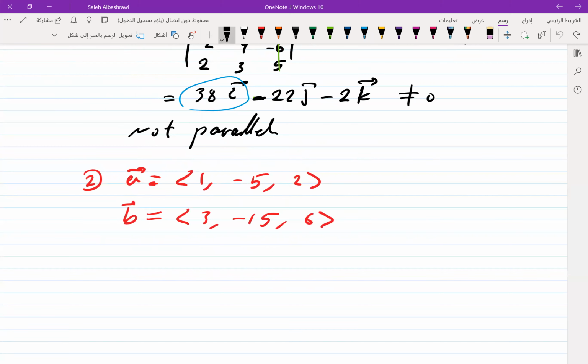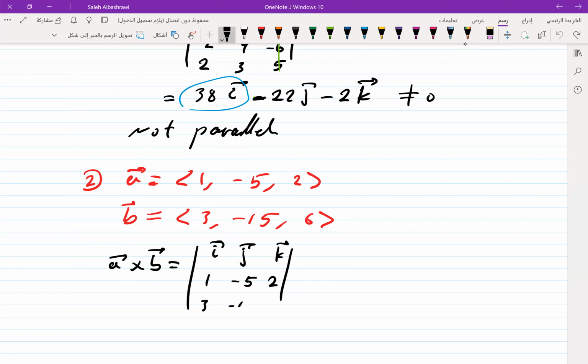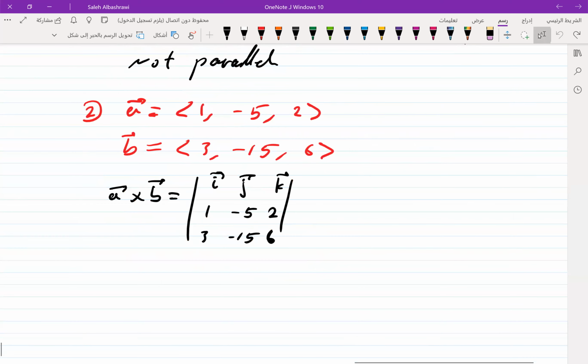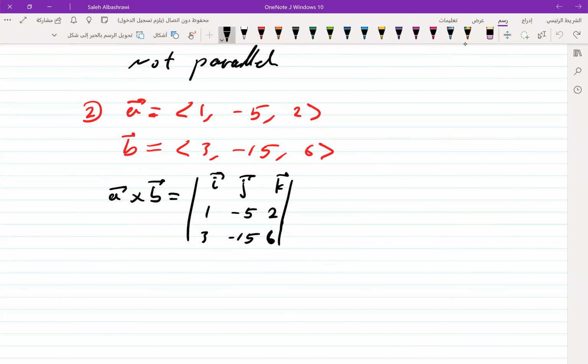So A cross B in this case will be, okay, it is the determinant of I, J, K, 1, minus 5 and 2, 3, minus 15 and 6, which is equal to,